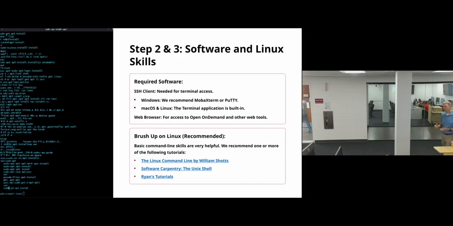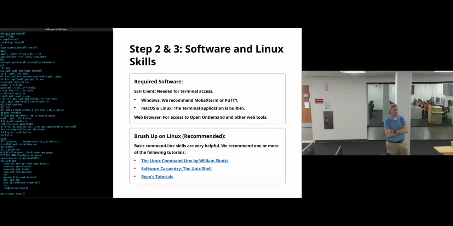Okay, so once an account is created, then you can start using the HPC. How do you do it? The primary way that you get the most effectiveness out of the HPC is via command line.